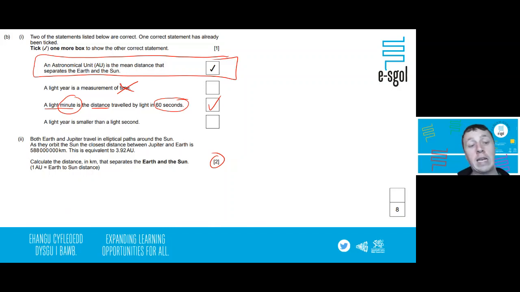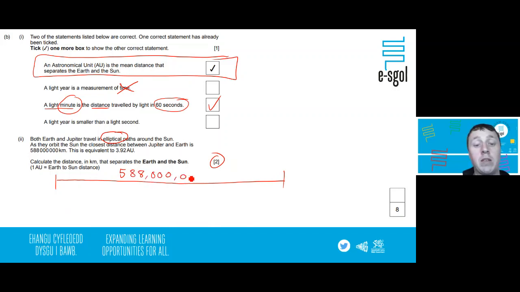Part 2, 2 mark question. So we look to calculate, especially when they specify calculate straight away. But we have both Earth and Jupiter travel in elliptical paths around the sun. So hopefully remember the shape of an elliptical orbit is sometimes you describe it as that circle that's been squished, oval, or sometimes you might hear the words rugby ball shape, but the correct term we use is elliptical. As they orbit the sun, the closest distance between Jupiter and Earth is 588 million kilometers. So the closest distance along between Earth and Jupiter is